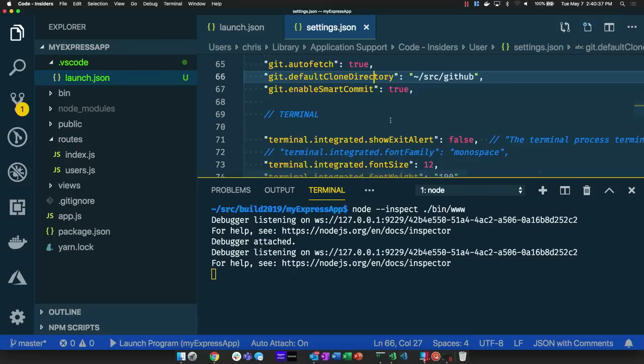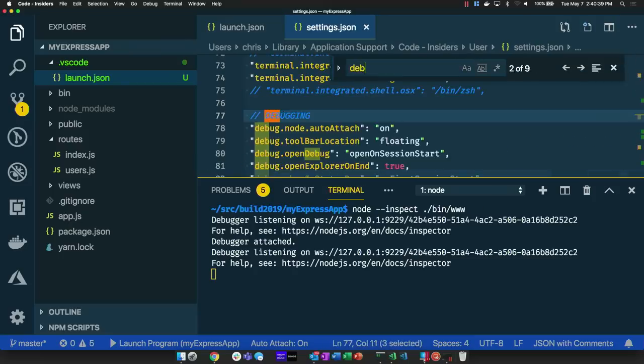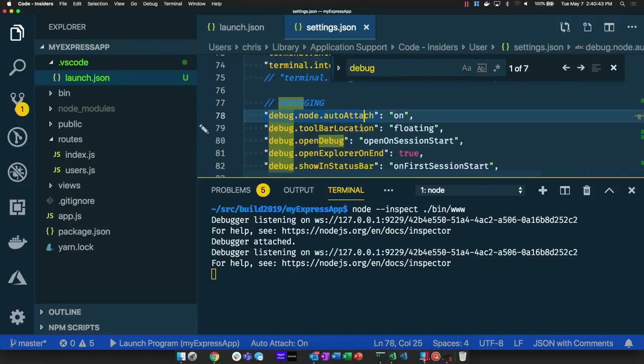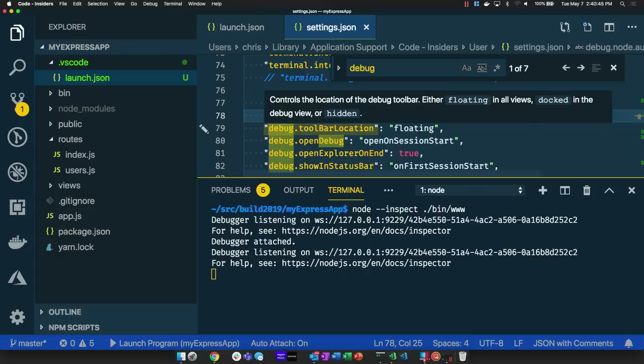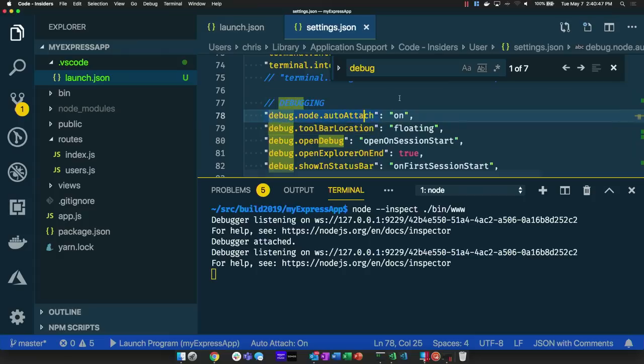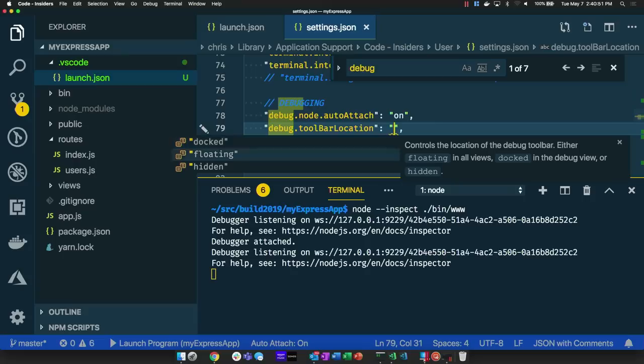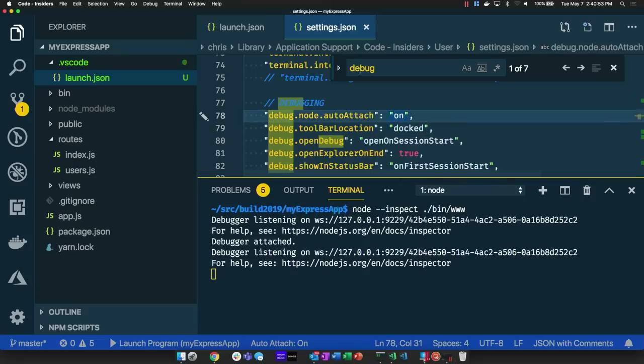And there's a couple other interesting things in here. If we go to debug area, that's where I have auto attach, which is turned on by default. Another thing we have here, you can do debug toolbar location floating. And this is sort of the traditional way that it works. But if you come in here and say, I want it to be docked, the next time that I press